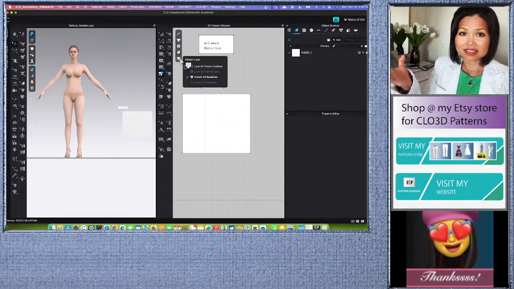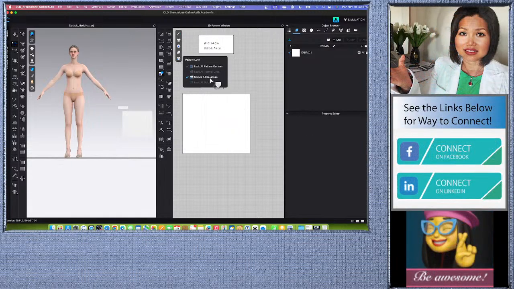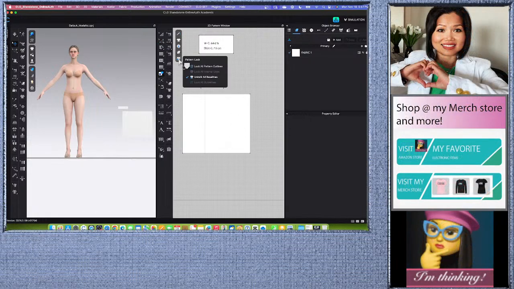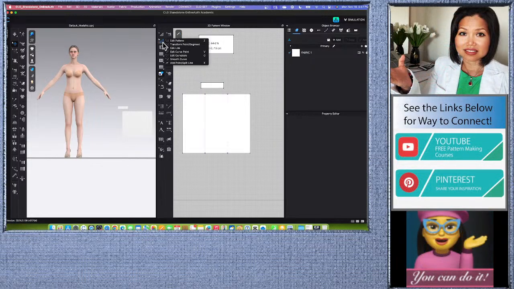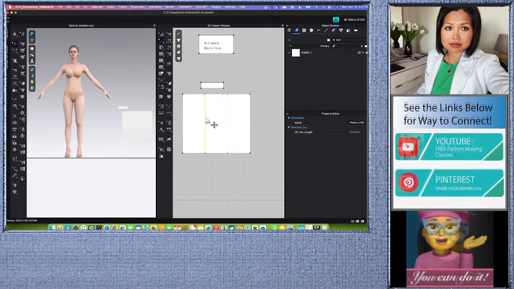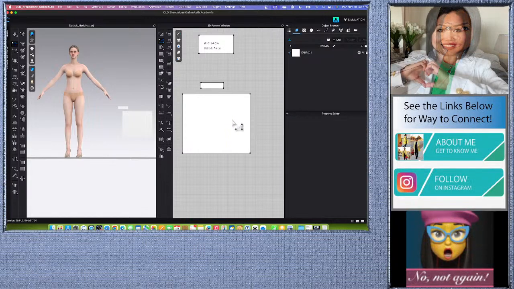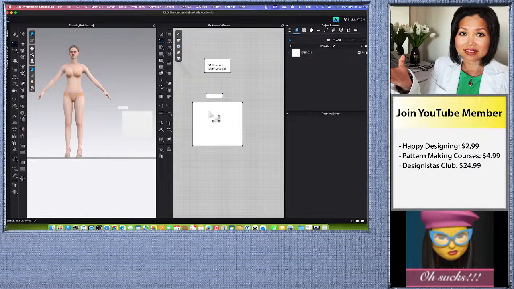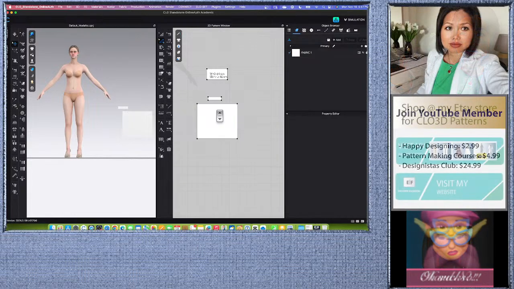Or you can also come over here and then unlock baseline. You can use the edit pattern tool to remove it too. Let's do that. If I come over here and then select this unlock all baseline, I can use this edit pattern tool to remove these one by one. Or I can remove all at the same time too. Okay, so right now we are going to simply